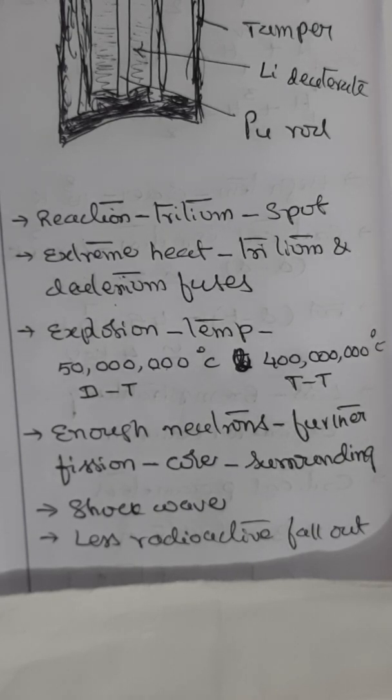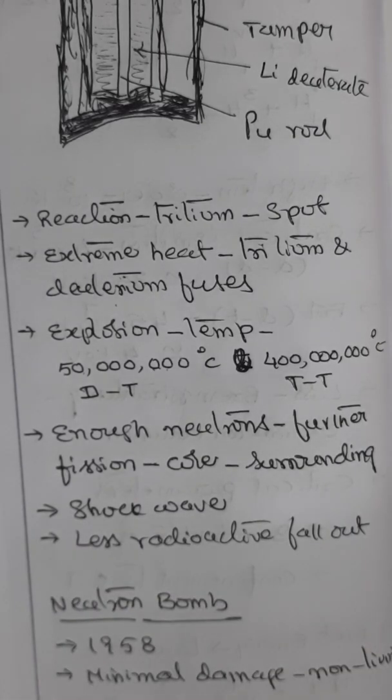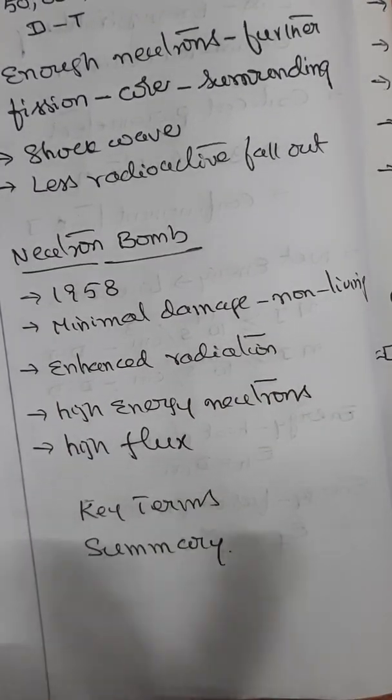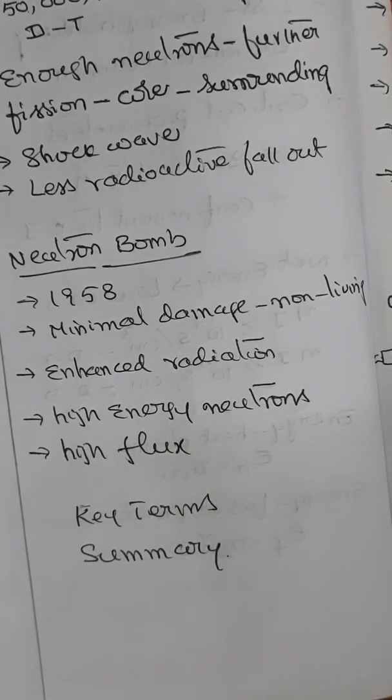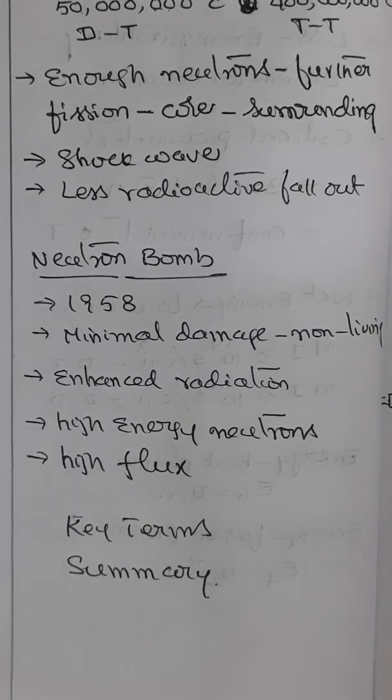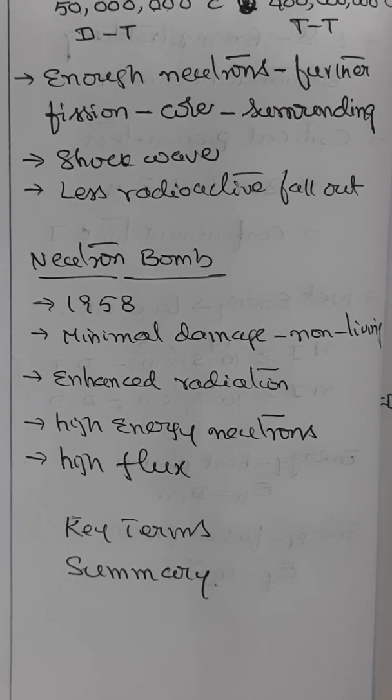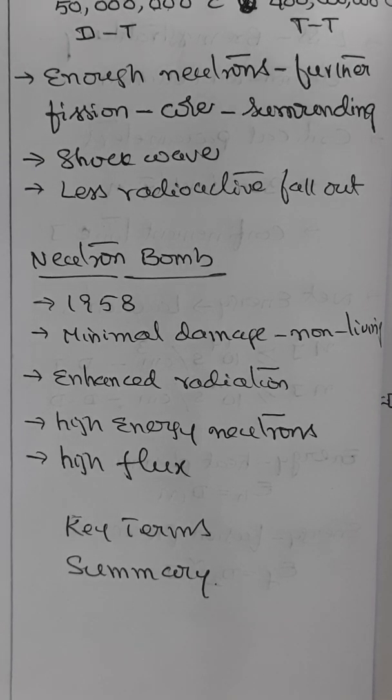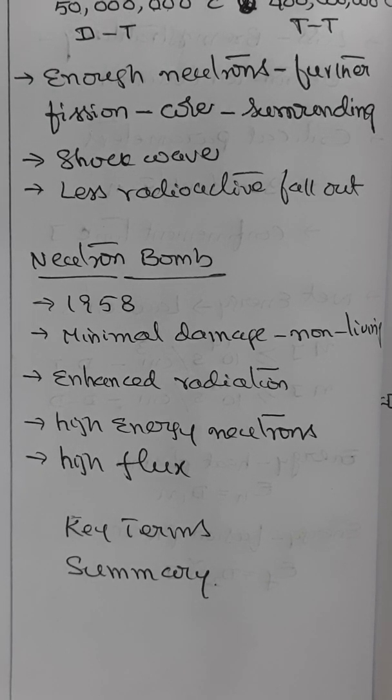Now, based on this, for example, another one is what is known as the neutron bomb. In 1958, the USA developed this and successfully tested it. It produces blast effects and a hail of lethal neutrons, but almost no radioactive fallout and little long-term contamination. This would cause minimal physical damage to buildings and equipment, but kills most living things. It is also called an enhanced radiation weapon.